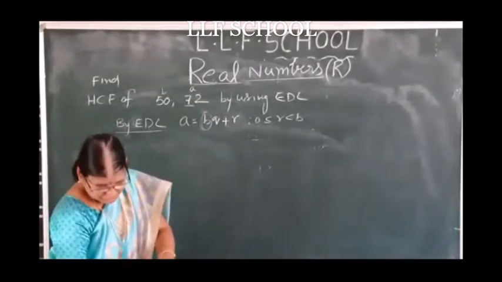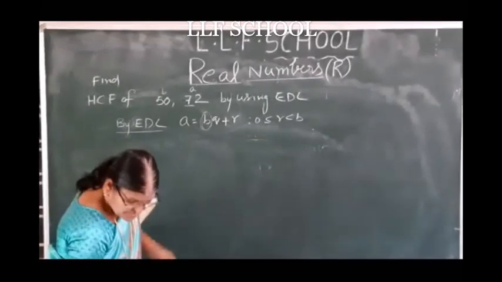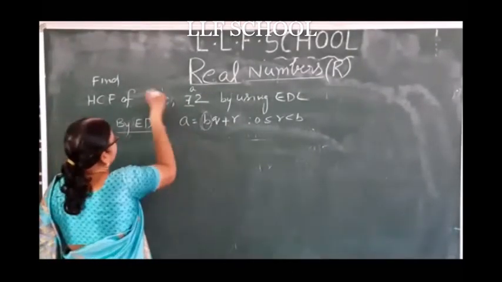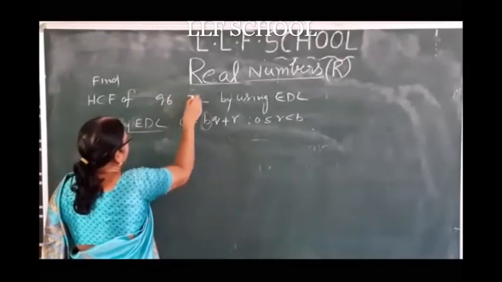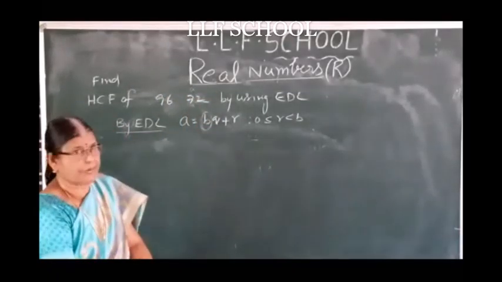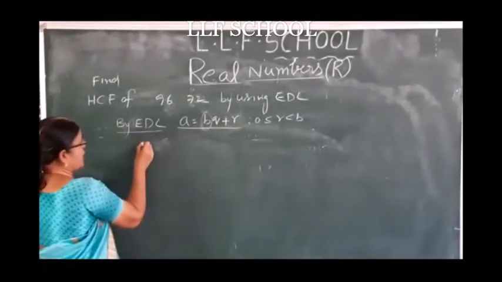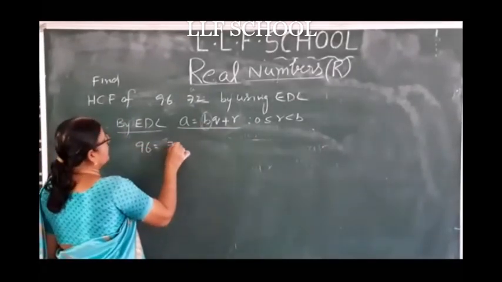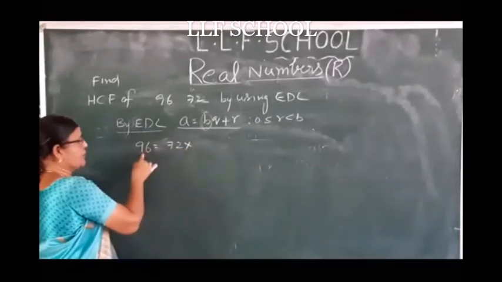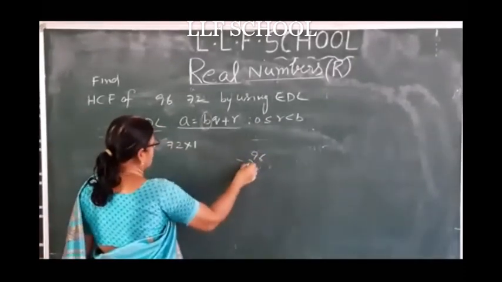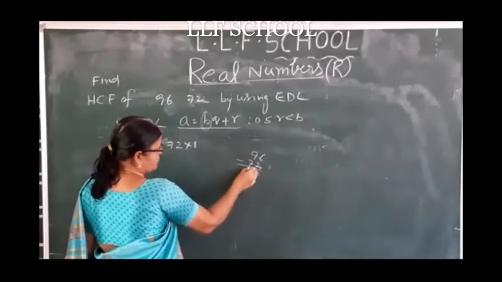Once again, one more question is 96 and 72. See here, 96 expressed in EDL form. 96 equals 72 times, 72 divides how many times? Maximum 1 time. So then 96 minus 72, balance is